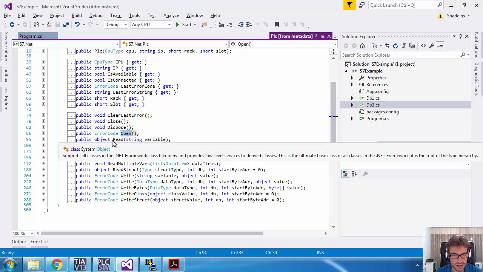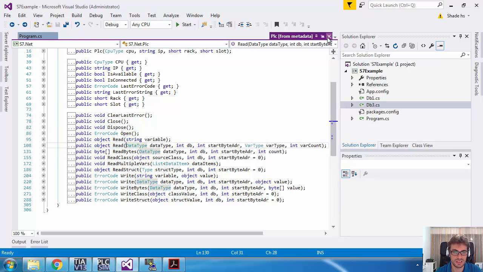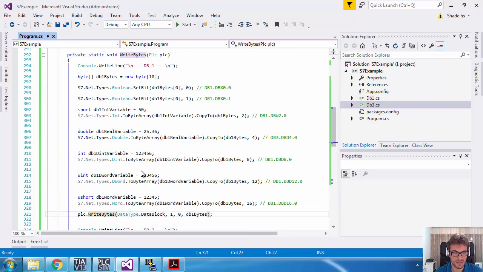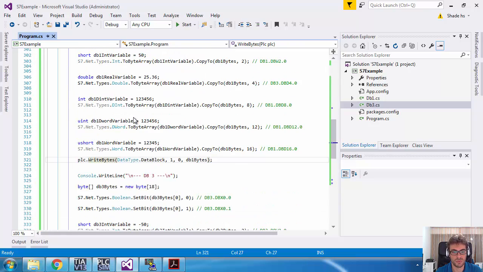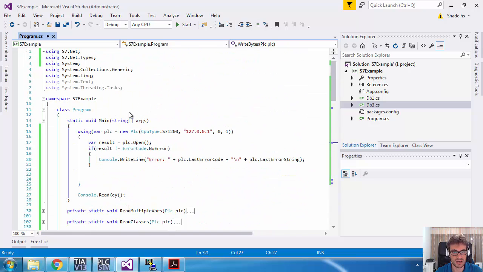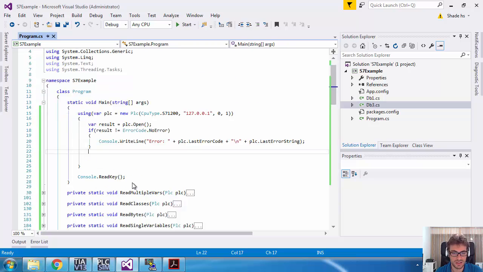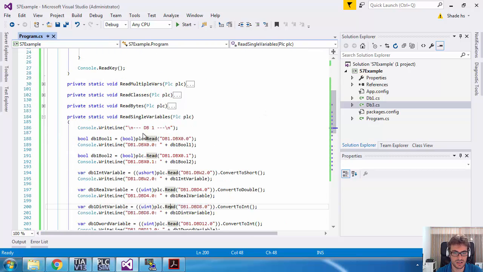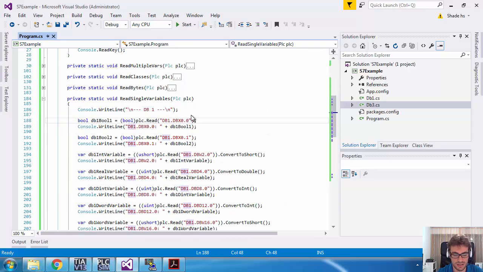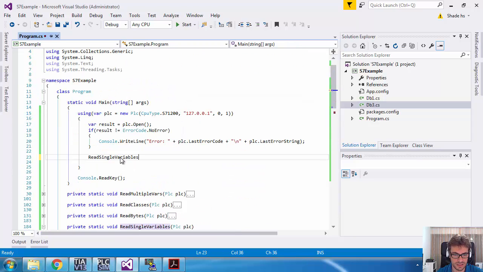Now, about read, what happens if we have a read error? Okay, if we have a read error, we probably have some problems with cast. But how can we check the errors for a read? Okay, let's take, for example, reading a single variable. I want to read DB10.DBX0.0. Now, okay, let's check what happens. So here I write read single variable,